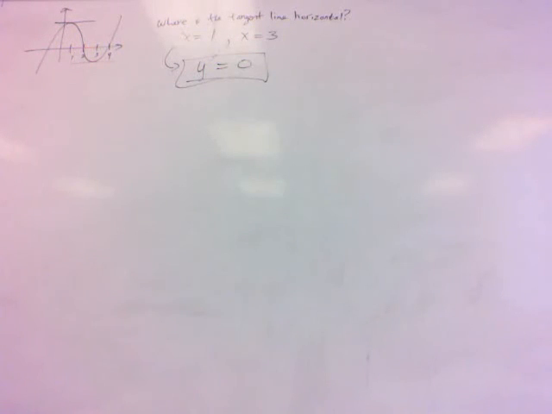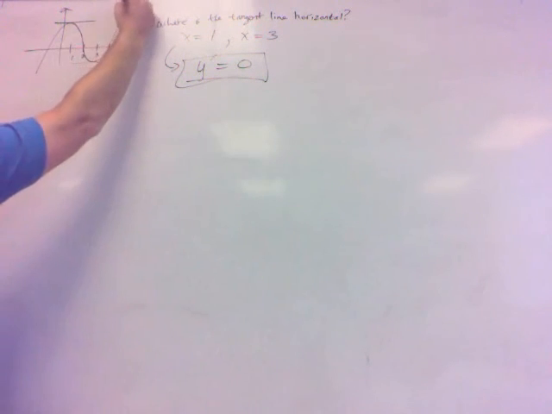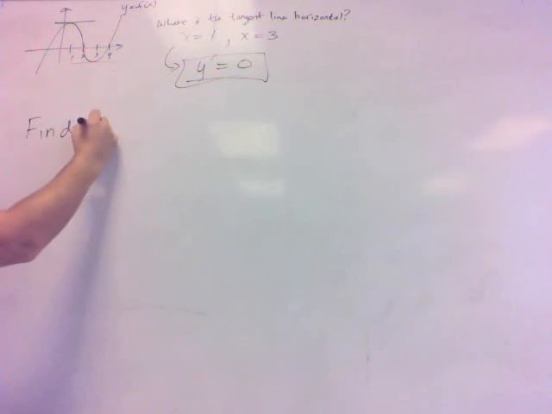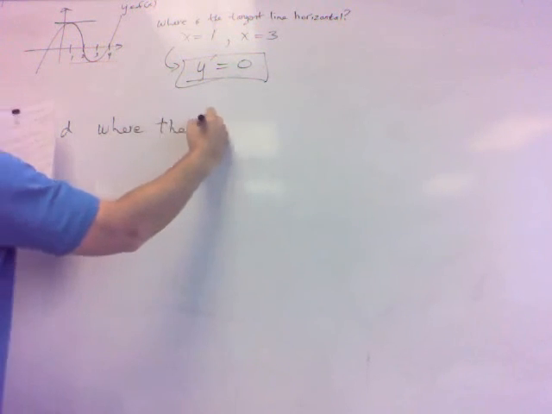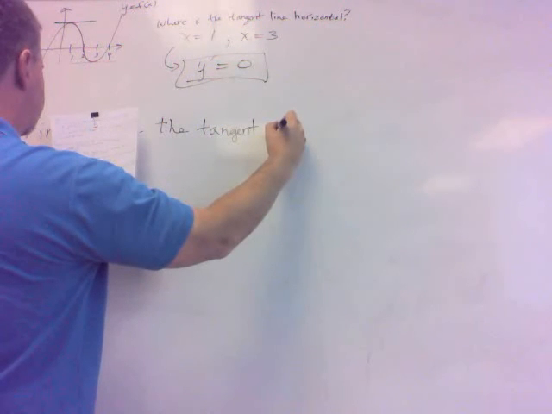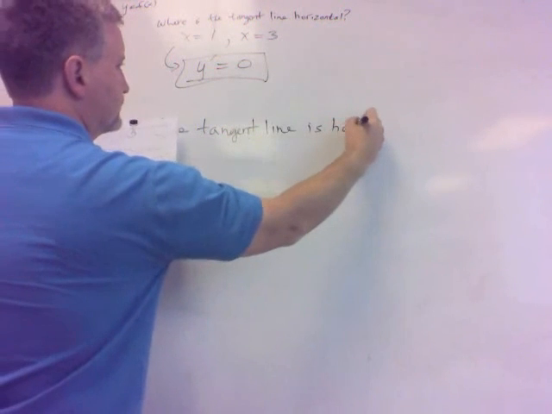Another way to look at where the tangent line is horizontal is basically saying where the derivative is 0, if this is y equals f of x. The reason I mention that is because of how I would find where the tangent line is horizontal